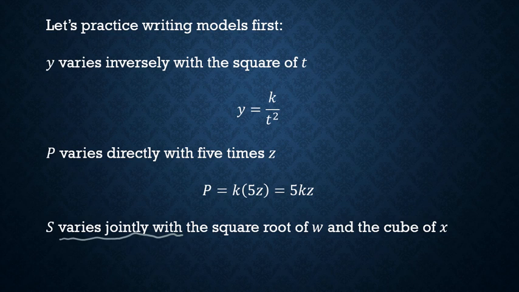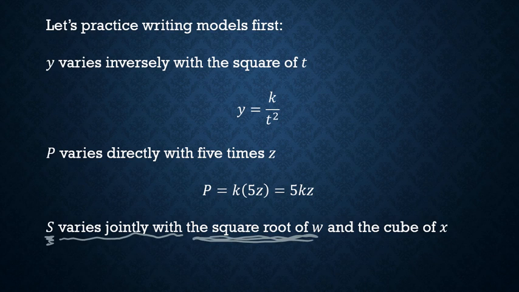What goes on the left-hand side of that equal sign? The s here. So s equals k, the constant of variation, times the first something, the square root of w,